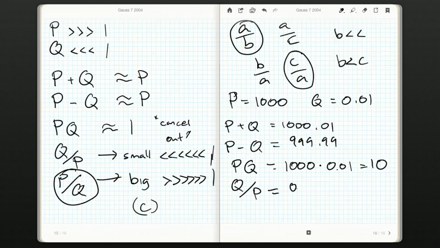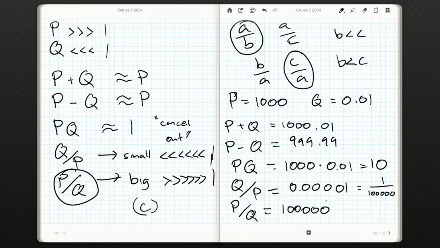And we get 0.00, I want to make sure that I got the right number of zeros, 1. And this is also 1 over 100,000. Same number of zeros as long as you do include the 0 before the decimal. And now the big one, P over Q. This is going to be 1,000 divided by 0.01. You can grab your calculators and go along with me. 1,000 divided by 0.01, and we get